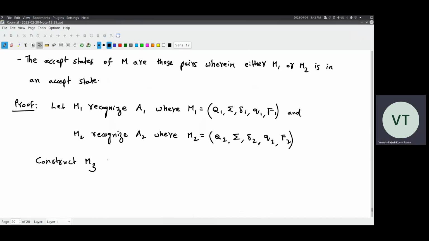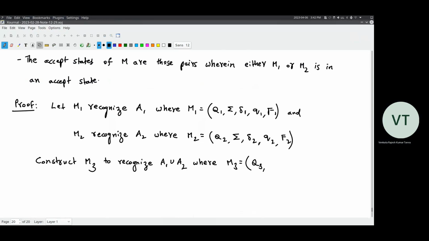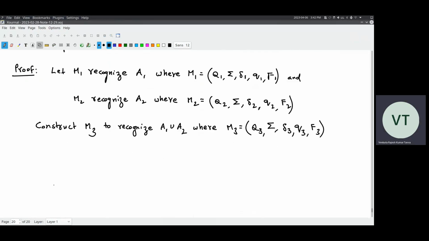Construct M3 to recognize A1 union A2, where M3 is again a 5 tuple Q3, sigma, delta 3, small q3 and F3. Okay, so